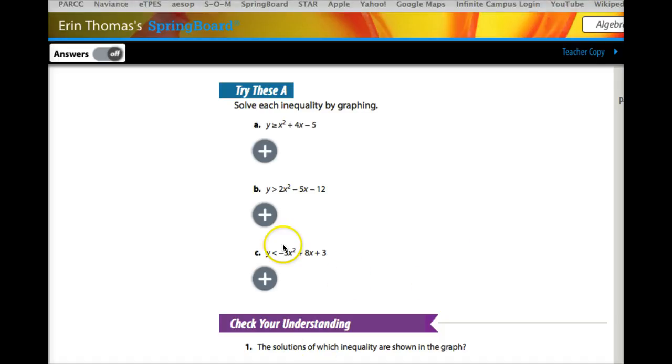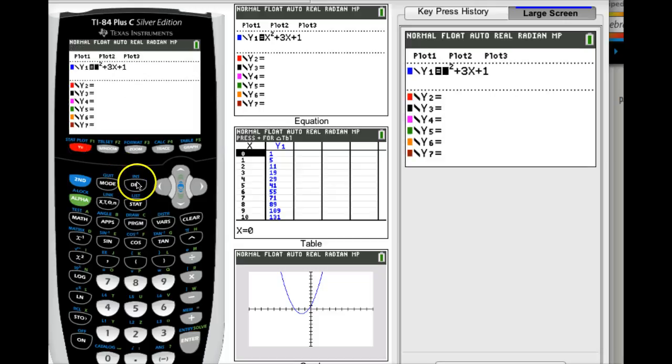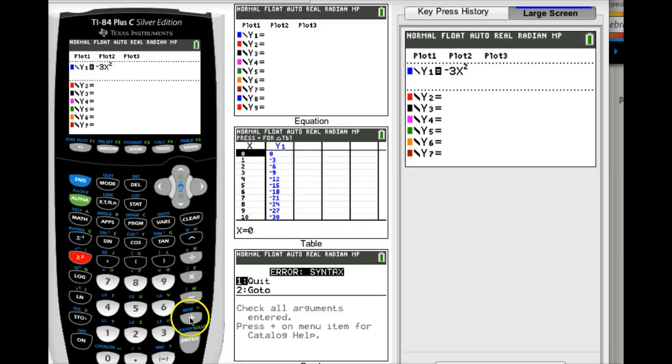All right, so in our graphing calculator, we're going to need to put in the negative 3x squared plus 8x plus 3. So we go back to our calculator here, go back to our y equals. And then we're just going to type in negative 3x squared. Oops, I forgot to clear the other stuff. Let's try that again. Negative 3x squared. And then plus 8x